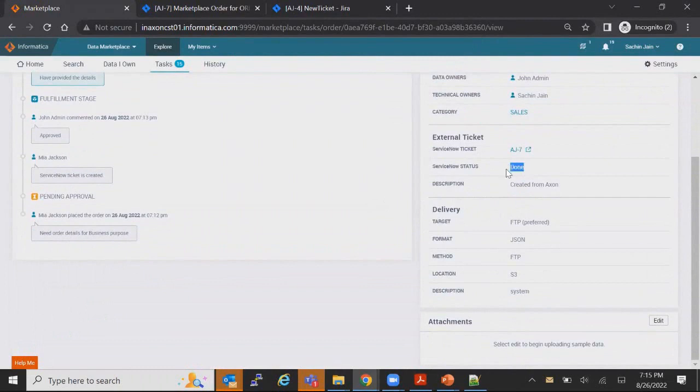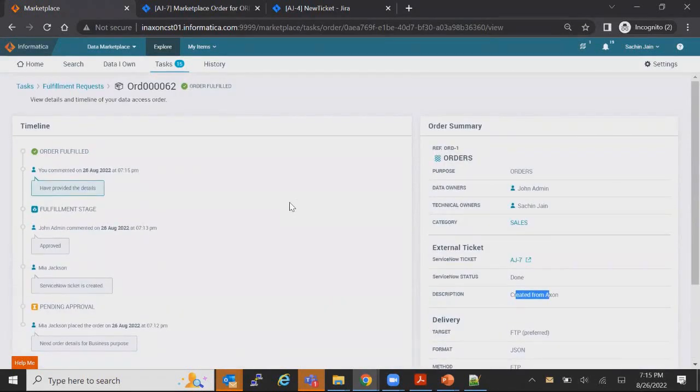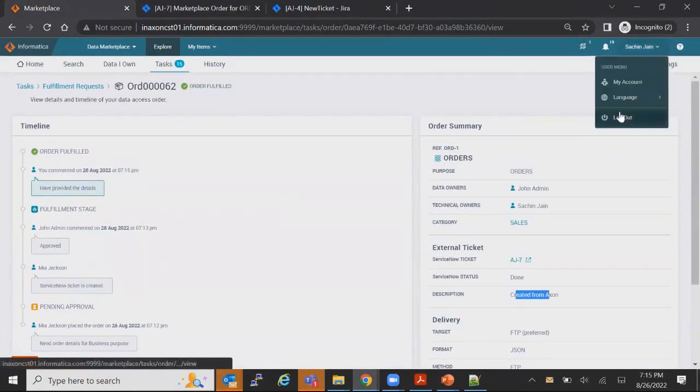Okay, the status, you could see the external ticket status, and this is the description which is created from the Axon, you could see, right? So now